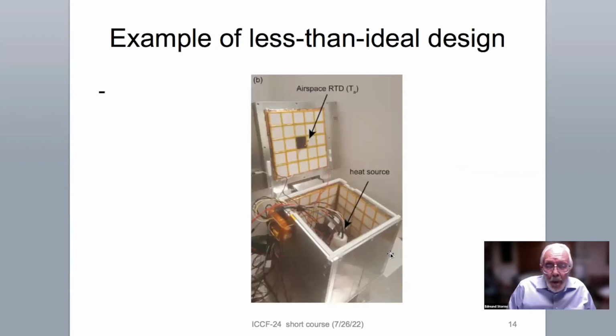Here's an example of a box that was created by another group based upon my basic design. They made several errors that are worth pointing out. You'll notice that they caused the wires to pass directly into the calorimeter. That's not a good idea, because that allows heat to be carried into or out of the calorimeter that is